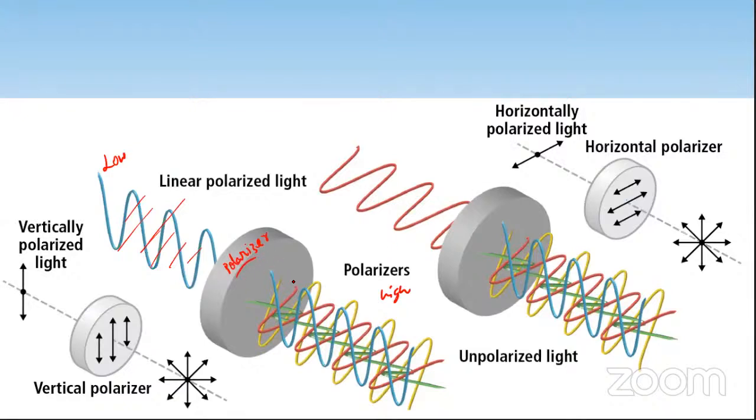And what is this polarizer and how can it block the light waves? It is very simple. A natural polarizer is nothing but a crystal. In chemistry, I learned about crystals, right? So let me draw a crystal like this. In this crystal, there will be molecules, right? These molecules are arranged in this way. I'm just giving a crude example.